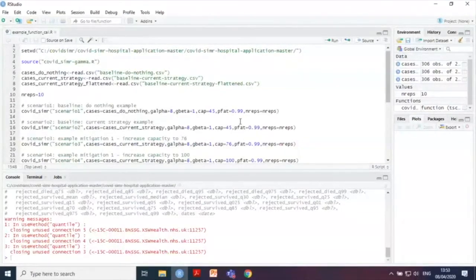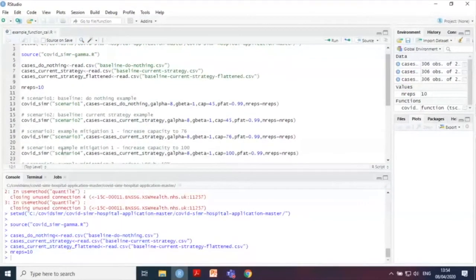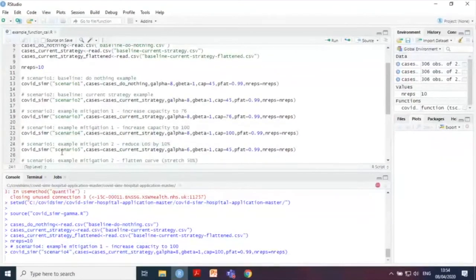The number of replications then, because this is a stochastic model, we don't want to incur simulation error, and simulation error occurs when there's too few replications performed. So really you want to set this to be the largest that you can run through in the time that you've got before you want to get the results. So if I just load some of these through here, and I'll just set 10 replications here, and if we do this one here, so scenario 4, if I just run that,